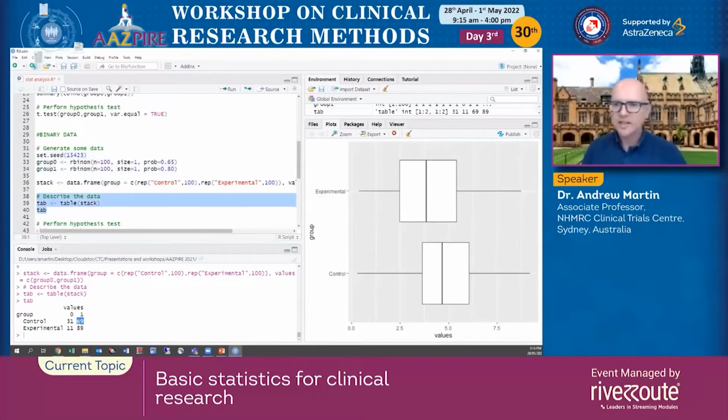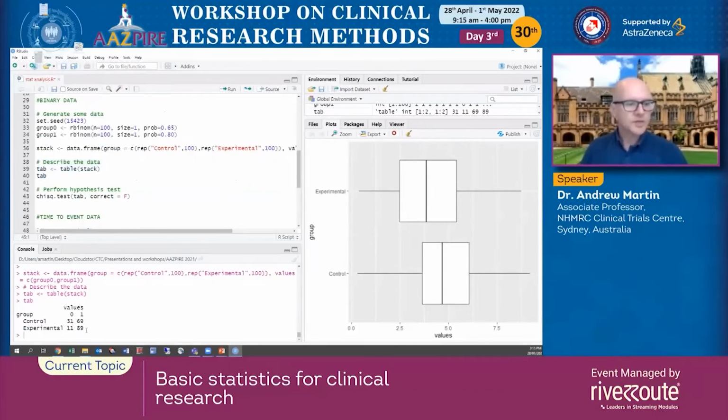of the 100 experiencing treatment success, and in the experimental group 89 of the 100. And we could summarize these differences in treatment success rates using a difference in proportions or some relative measure of effect like an odds ratio or a relative risk. Then we're going to go in and do our